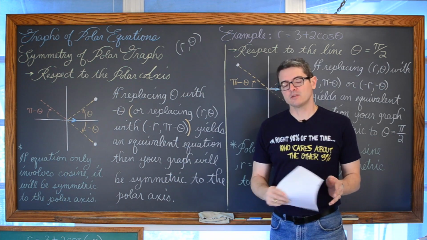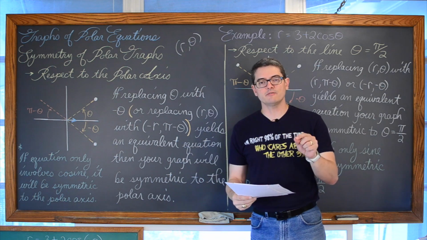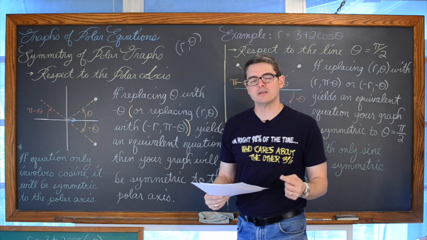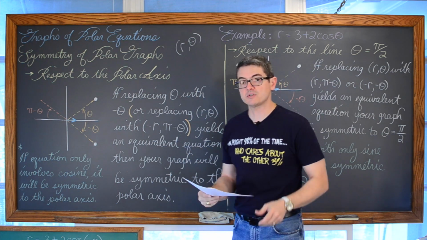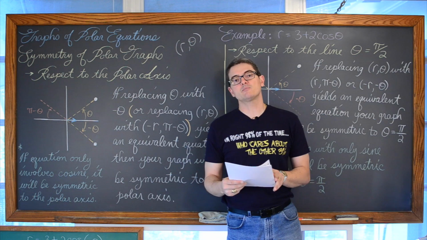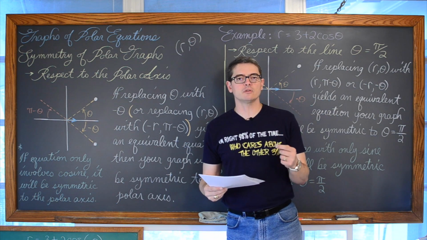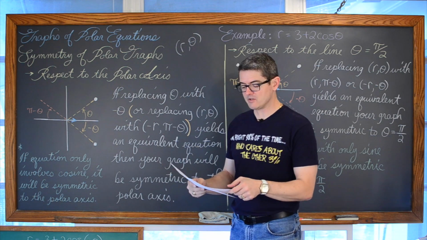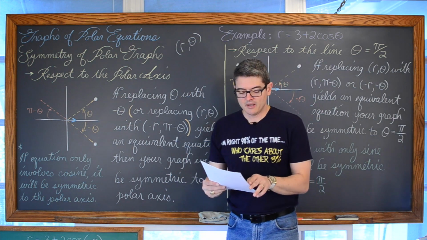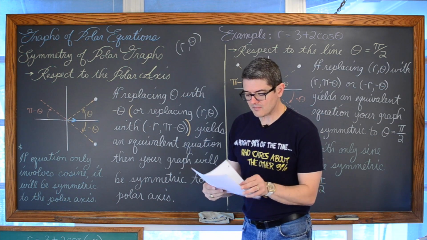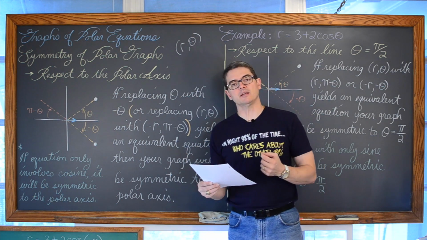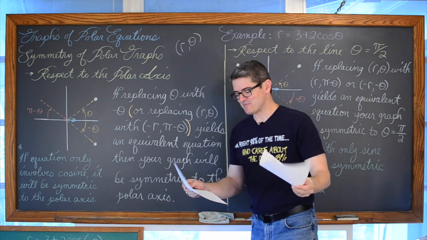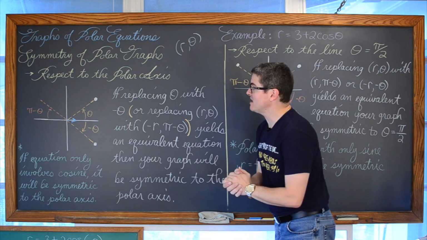But in this full-length lesson, we are going to be looking at identifying the three types of symmetry that we can expect to see in our graph by some kind of algebraic test to our equation. So there's three types of symmetries to test for. We are going to be looking at the special types of graphs. What is the polar graph going to look like just by looking at the equation? So can we, by looking at the equation, identify if it is going to be a circle, a limaçon, a rose curve, or finally a lemniscate? I always say that wrong. Lemniscate. And our last page here is just our examples being done.